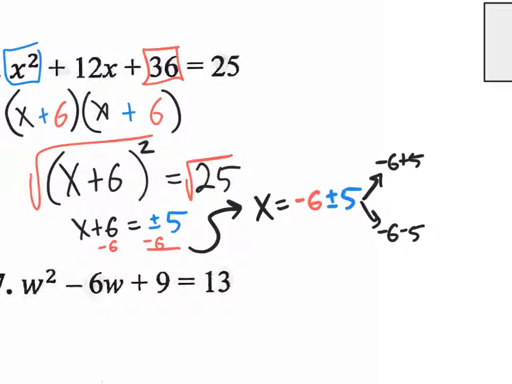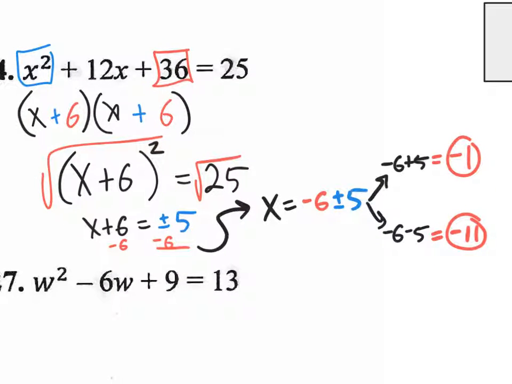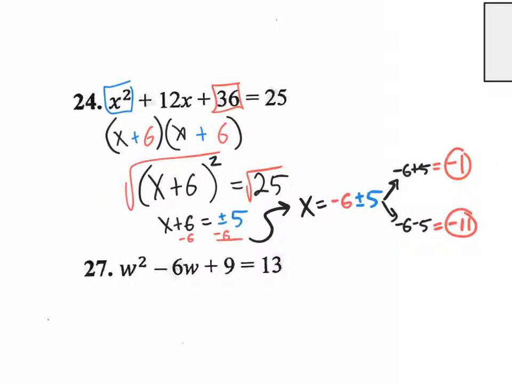So when we think, what is negative 6 plus 5? That answer is negative 1. How about negative 6 minus 5? That answer is negative 11. So we actually get two answers for this. We get two answers for this equation, number 24. The answer is x equals negative 11, comma, negative 1,